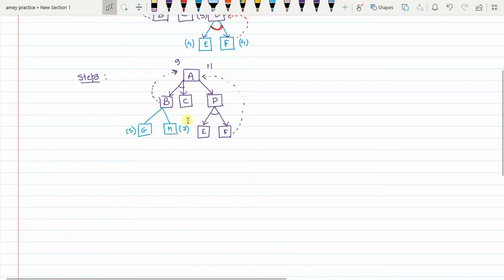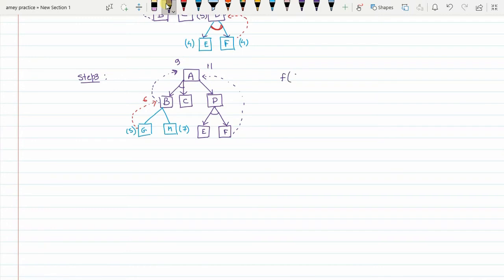So the backup value that you get at B if this node is selected is 8. Now out of these two nodes, which node is giving you the least F value? It will be this, because it's a minimization problem, right? So if G is selected, the backup value that you get to the parent B is going to be 6, correct?